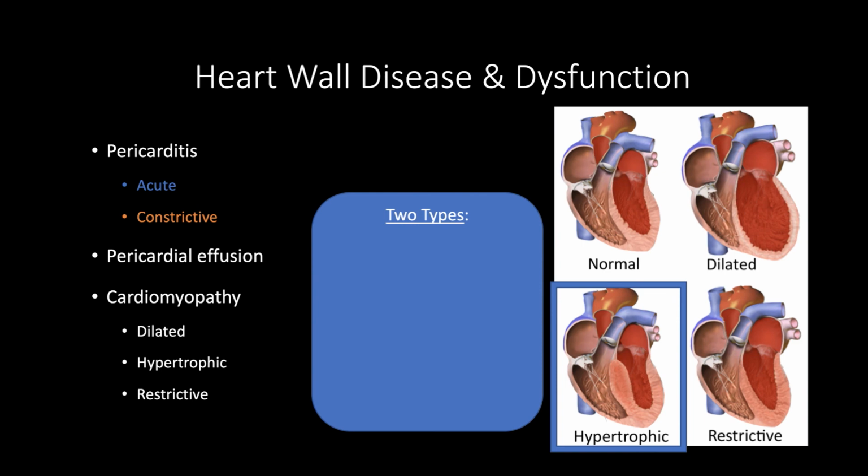With hypertrophic cardiomyopathy, you can actually have two different types of this. You can have hypertrophic obstructive, and this is a thickened septum. So you can actually see there, you've got the septum. The septum here is very thick. And so when it squeezes together, if it's thicker up here and it squeezes together, the blood just can't